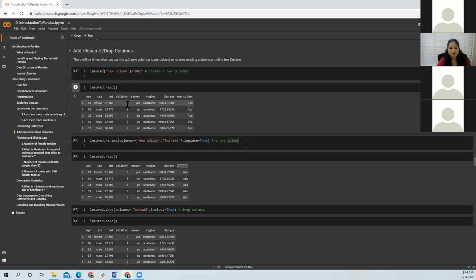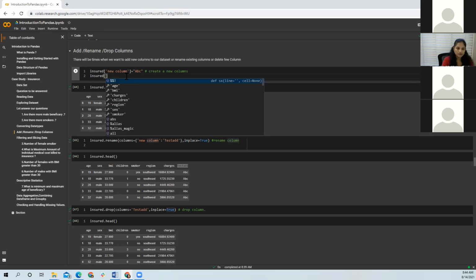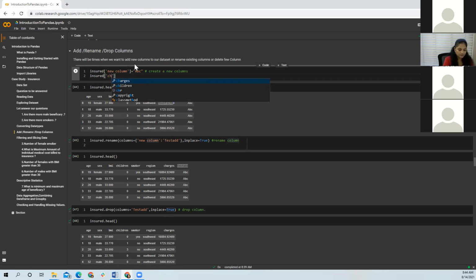If I want to bifurcate these charges into high or low, I can give a condition here. Depending on this data, I will create a new column, charges_high_low.